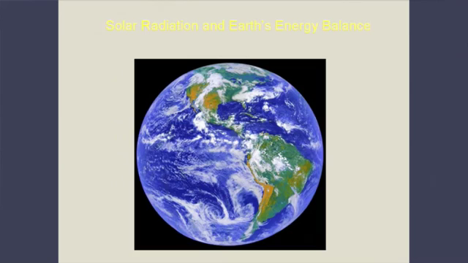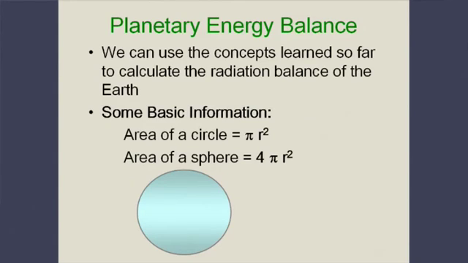So that's the Earth. And let's now talk about this energy balance here. Okay, so one tricky part about talking about the energy balance is that we've been talking about the flux, which is watts per meter squared. So when the Earth emits, the area of a sphere is 4 pi r squared. So the total energy emitted by the Earth is the flux times the area, which would be 4 pi r